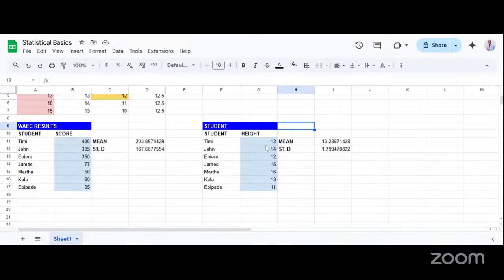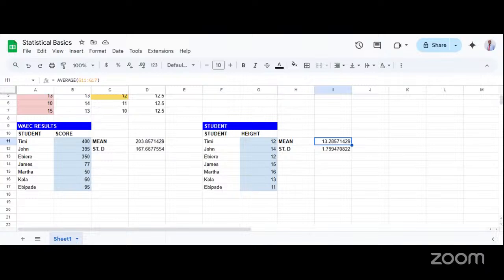Yes. So this means that if we were to sew uniforms according to this average, based on what the mean is telling us, and the standard deviation is very low, meaning that the data points are very close to the mean. So if we were to sew a uniform that is at 13, maybe let me use centimeters for instance. If we were to sew a uniform that was at 13 centimeters, right?